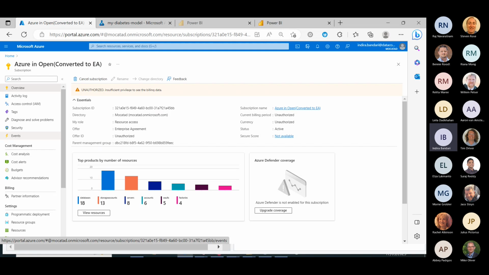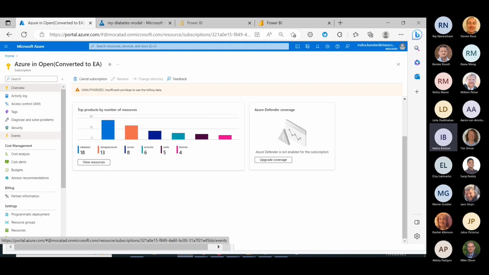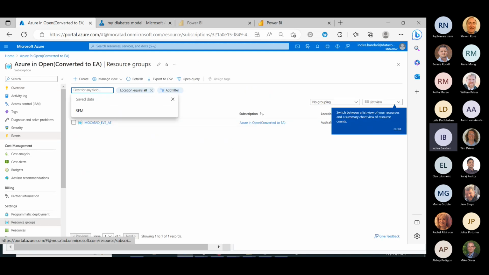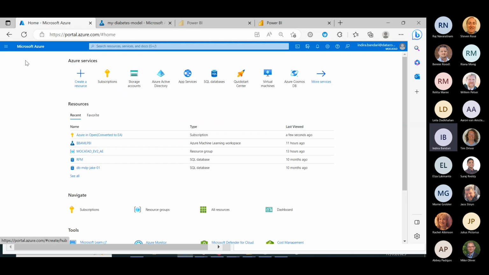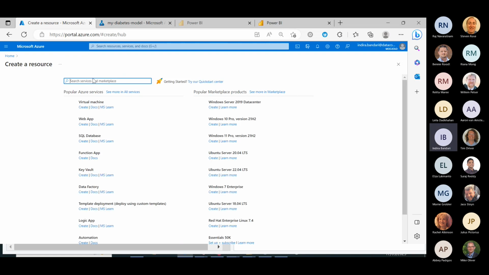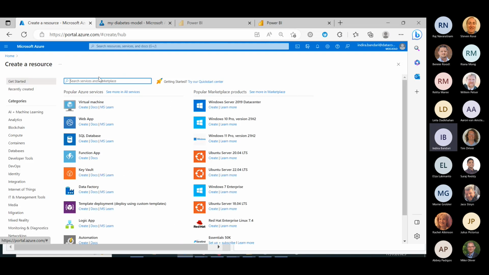That is where we have the resource groups, resource group called MoCated. This is the one. And if we have that, then we can do pretty much whatever I have done. So what I've done is, first you need to ensure that you have a subscription and you need to ensure that you have a resource group. Then what you need to do is create a resource, and then in the resource you can create a whole heap of resources. I will try and find Azure machine learning,